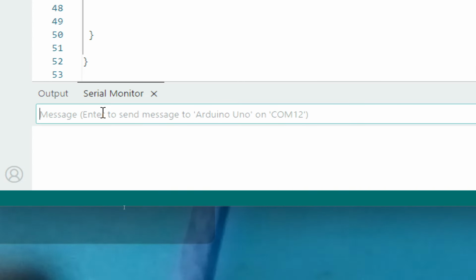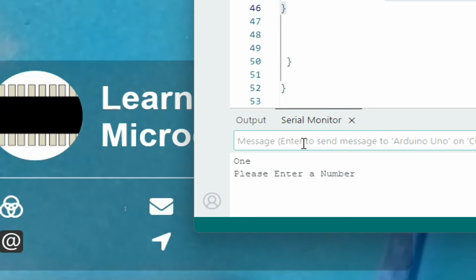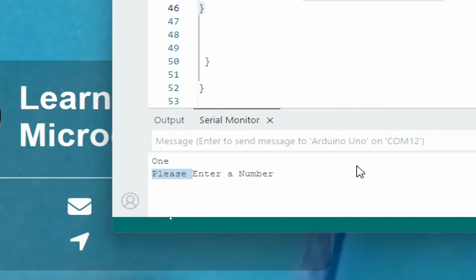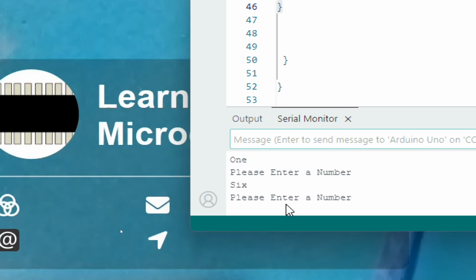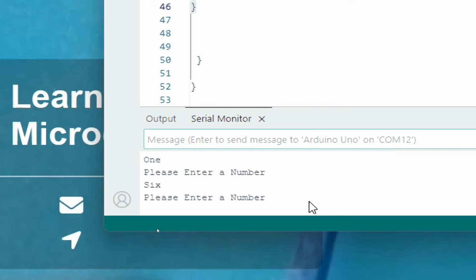So the code is working. I enter 1, it shows 1, and then it goes to the default state, please enter a number. For 6, it says 6, and then it goes to the default state, please enter a number. So